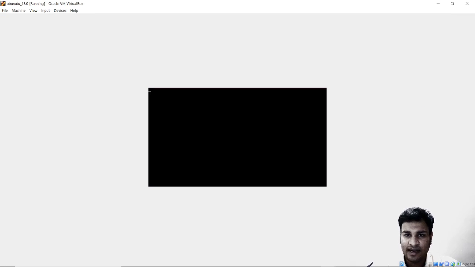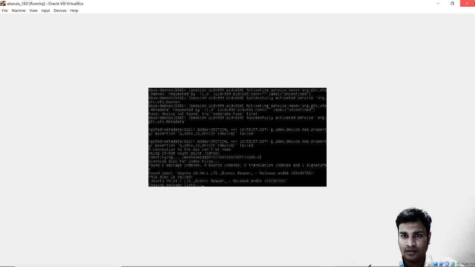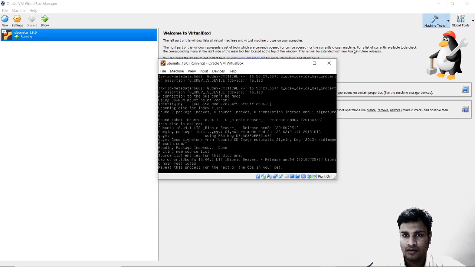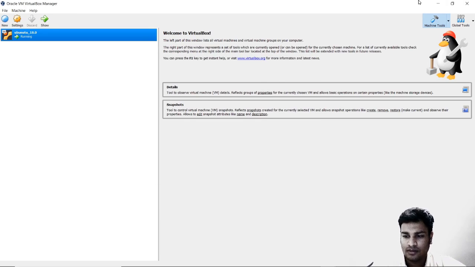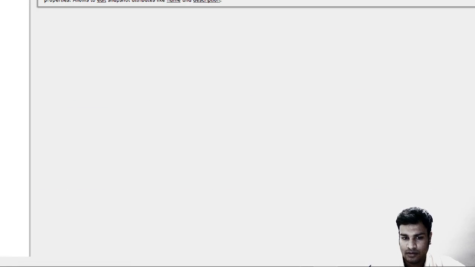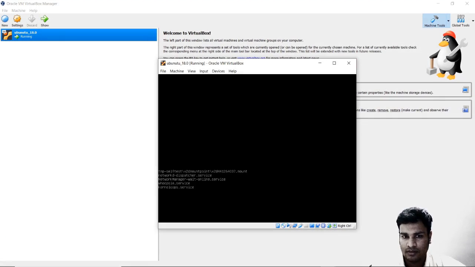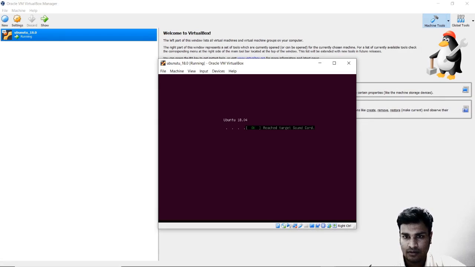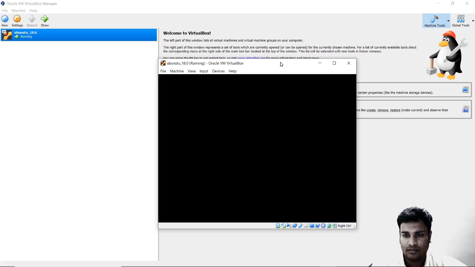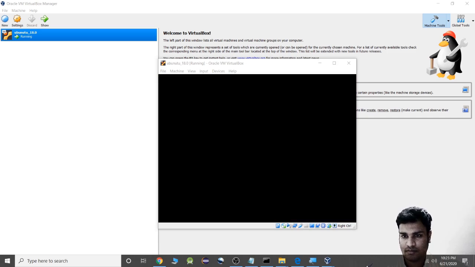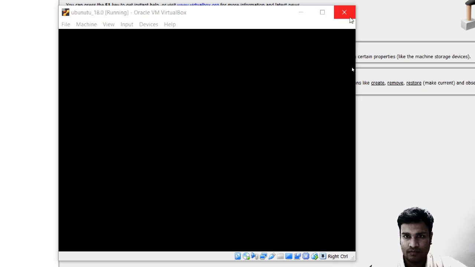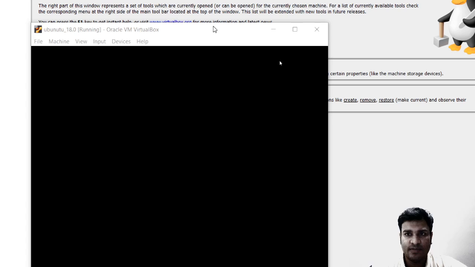So this is the place where Ubuntu 18.0 is getting installed, running on Oracle VM VirtualBox.